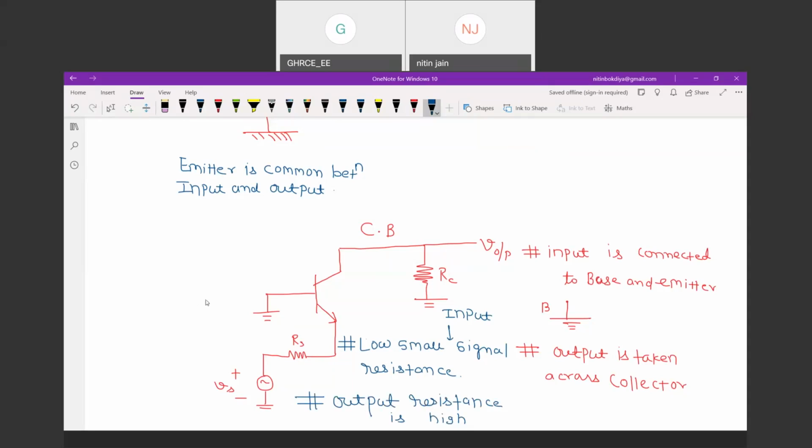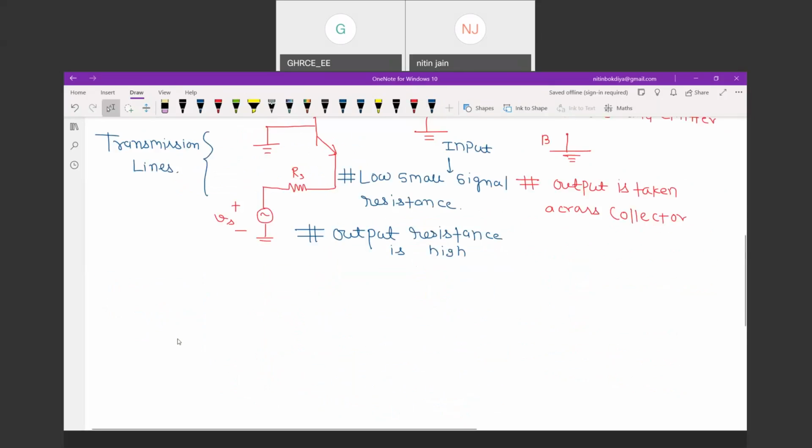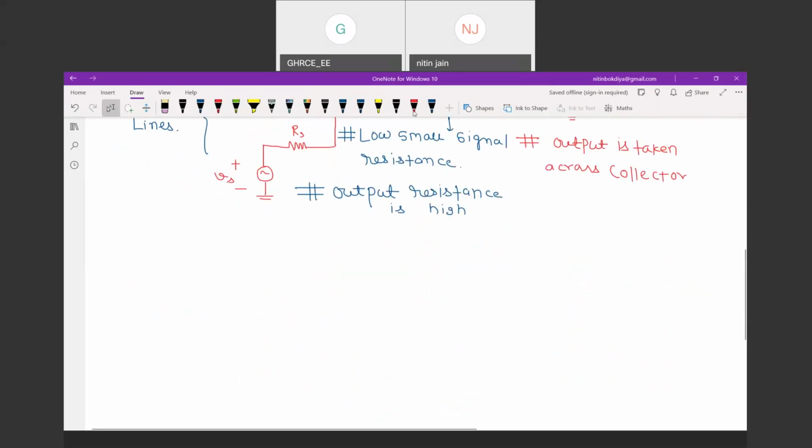This is generally used for transmission lines. है ना? इसको कहाँ यूज करते हैं? We use this in transmission lines for impedance में. देखेंगे इसको भी. Next is common collector. The next, अभी ना इनका एनालिसिस स्टार्ट करेंगे. So we can say the next is common collector, or also known as, because of this small signal image, this is known as voltage follower